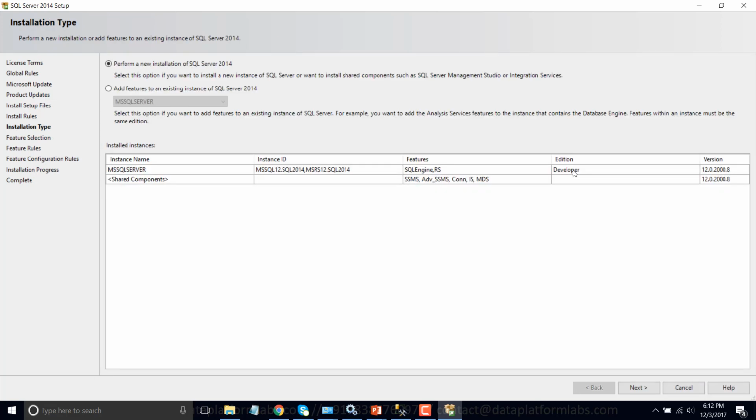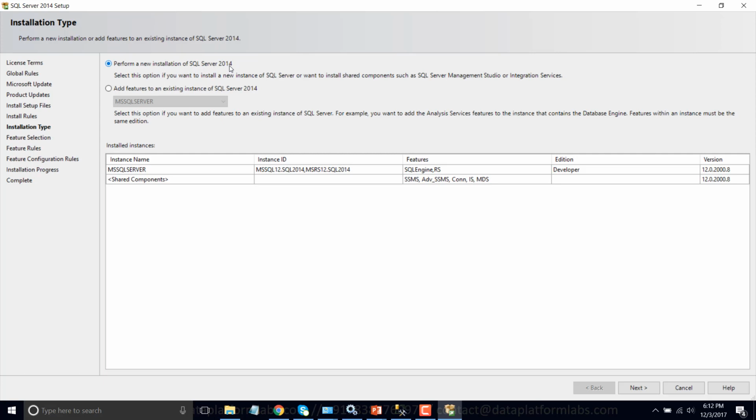Here we need to click on perform a new installation of SQL Server 2014. Although we have already installed SQL Server 2014 in my last video, instead of clicking on add features to an existing instance of SQL Server 2014, we need to click on perform a new installation.